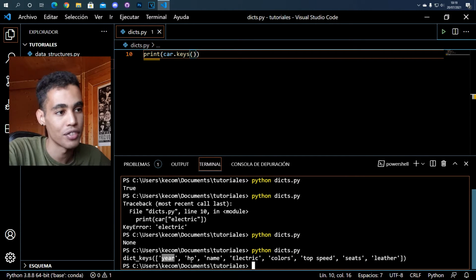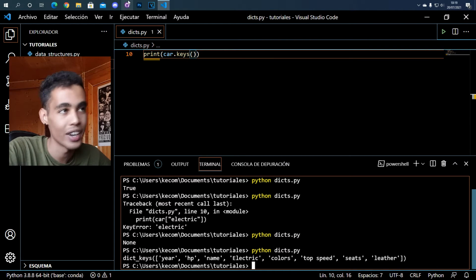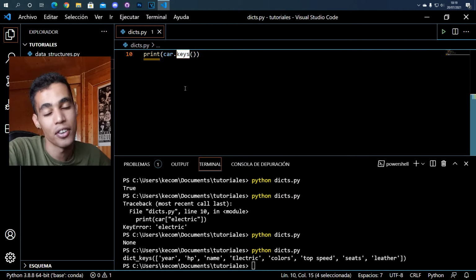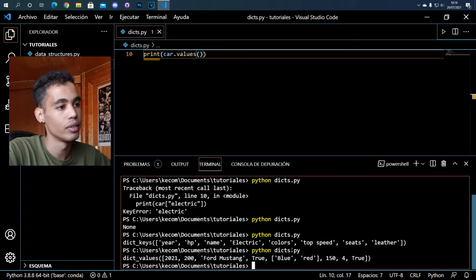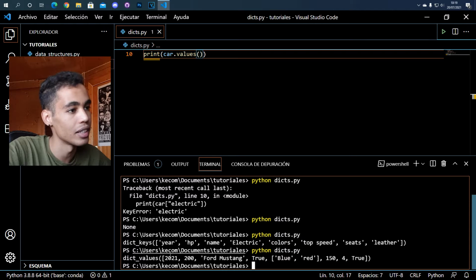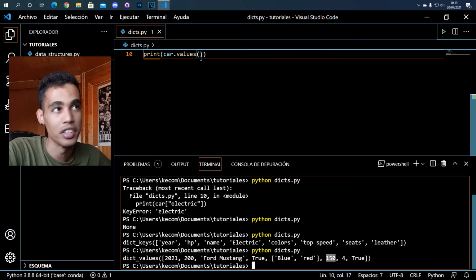So for example, now we have year, HP, name, electric, colors, top speed, seat, etc. So now, in order to get the values, we just simply type values. And now we get a list, for example, 2021, 200 for Mustang Crew, the list of colors, 150, and so on. So in this way, if we don't know the content of our dictionary, then we can see what it's